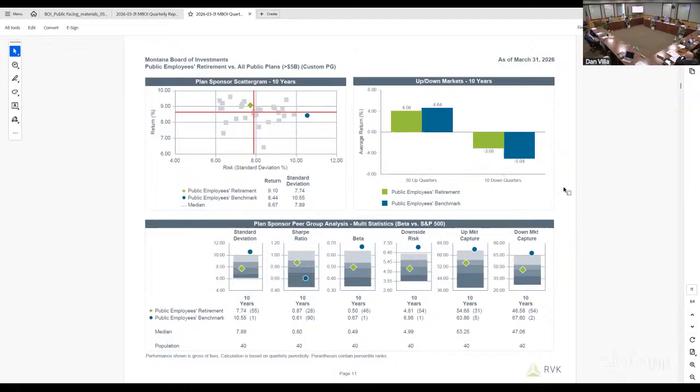We like having less volatility. We actually have volatility that's very much in line with peers, just a little bit less, but less than our benchmark. And we've talked about the reasons for that in the past, but we have outperformed, which has been terrific over a 10-year period of time.